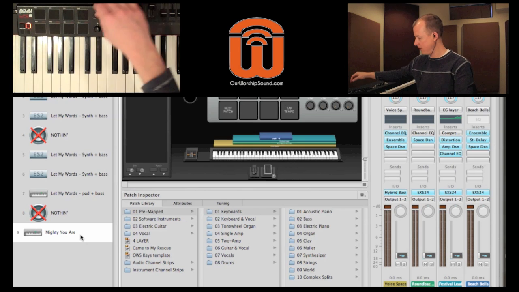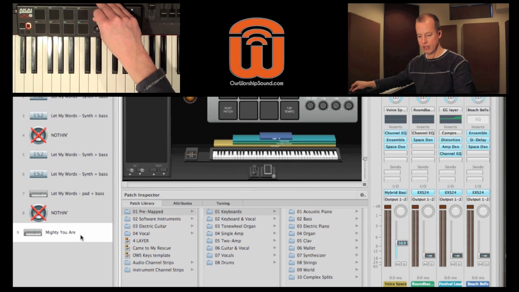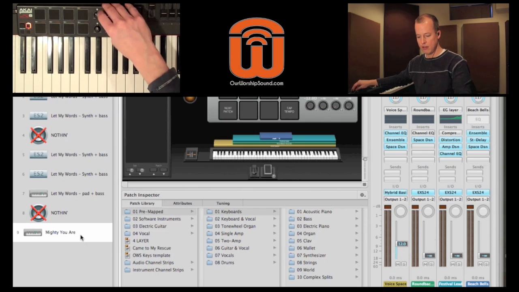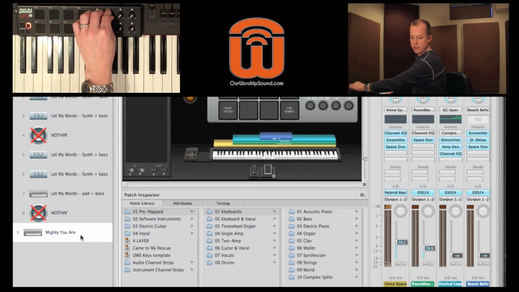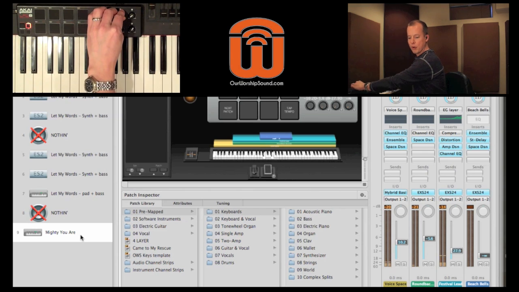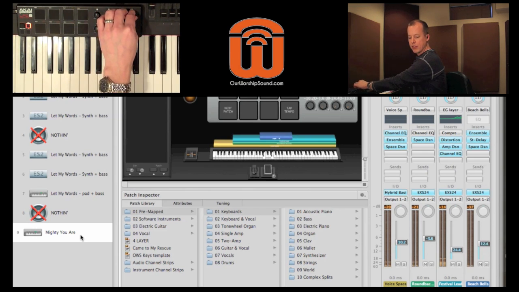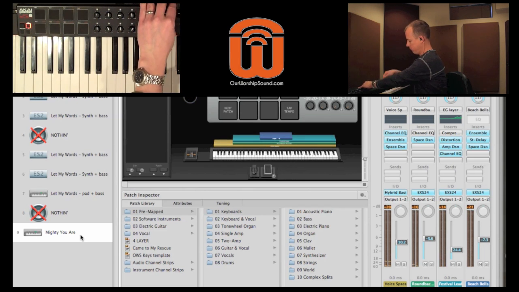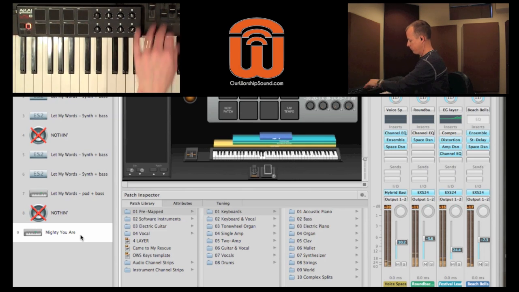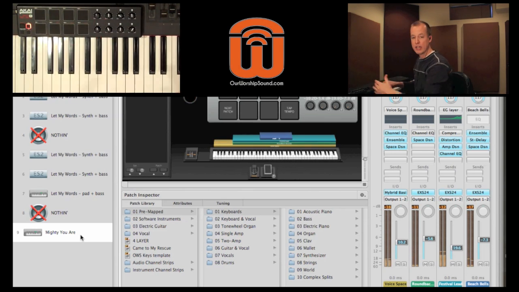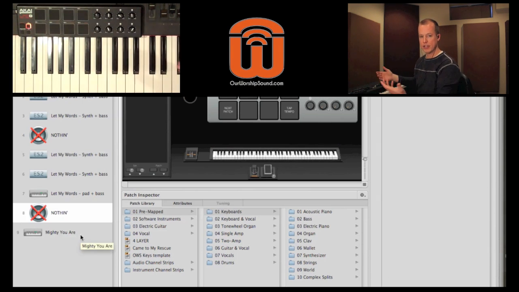This patch is probably my most complicated patch. I have 4 layers, each kind of with something different going on. I have a pad, and then an acoustic guitar, electric guitar for when we don't have a guitar player, and then a bell sound. So then I'll mix that in with the piano, my internal piano sound. So I'll get to the end of the song, and then I can go to the next patch to transition to the next song,